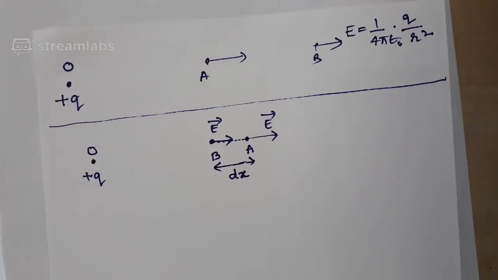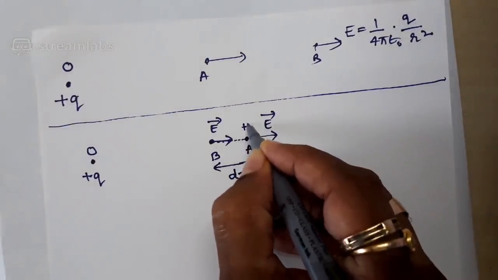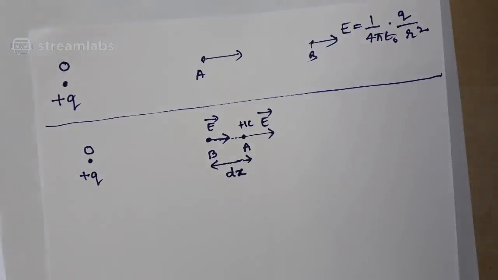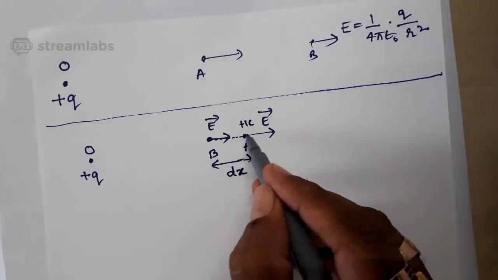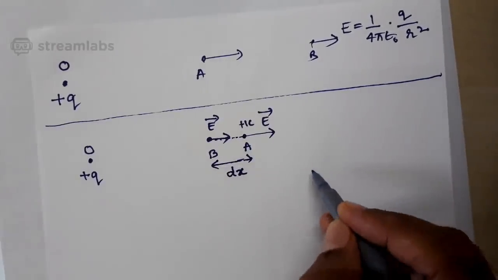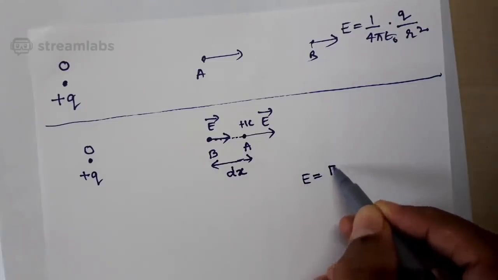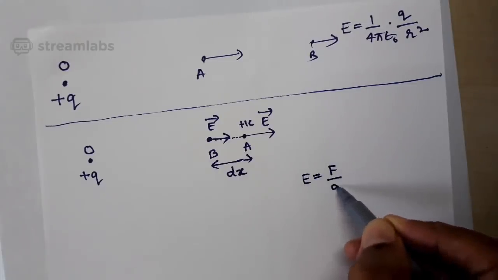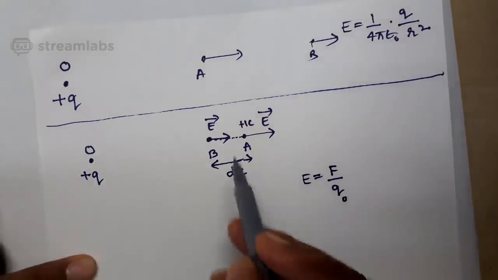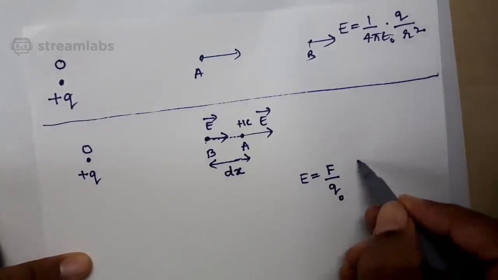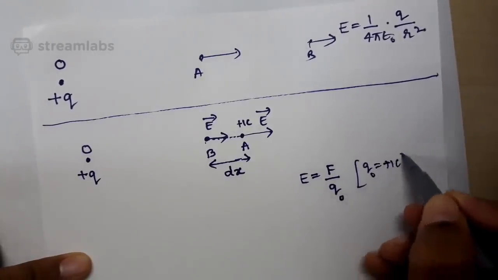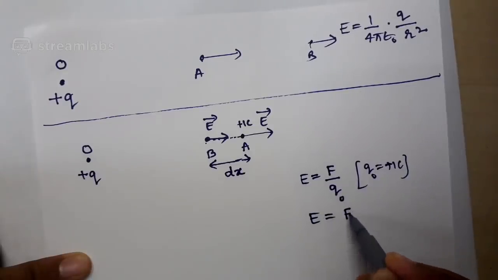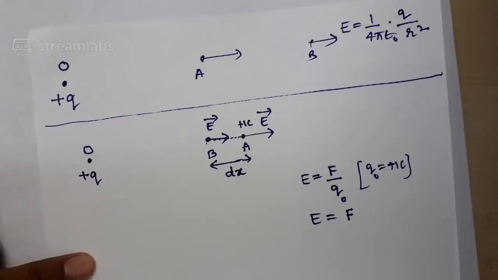Let me proceed. Let us say there is a plus 1 coulomb charge assumed at A. When I assume a plus 1 coulomb charge at A, we already defined electric intensity at a point. Electric intensity at a point is defined as the electrostatic force experienced by the unit positive charge placed at that point. We define electric intensity at A or B, it is one and the same. And according to the definition, the value of Q naught is plus 1 coulomb. So obviously, the magnitude of E is the same as the magnitude of F. This is a well-known fact, but it is required for our discussion. That's why I rewrote that.